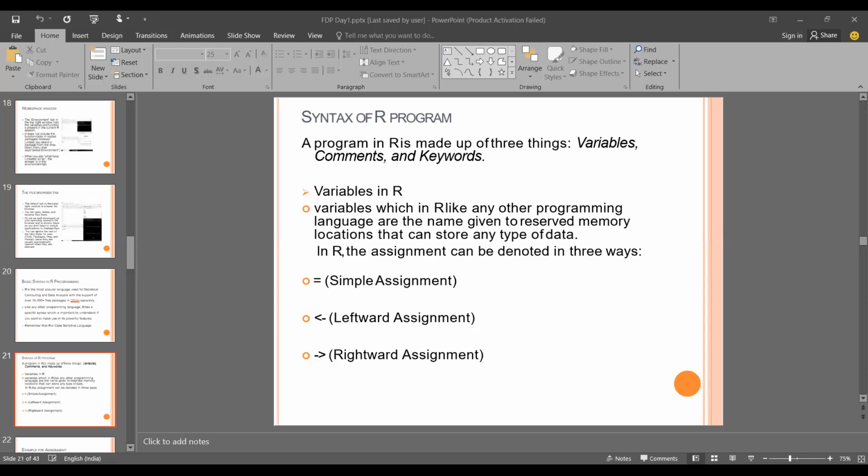It is a two-dimension array, which contains rows and column values, and each row and column value has its own value. Just now we have seen in the RStudio example how we can create data frames. A data frame is a special type of list where every element has a length and a vector. Every variable has its length and its vector defined, and it is in a rectangular shape.